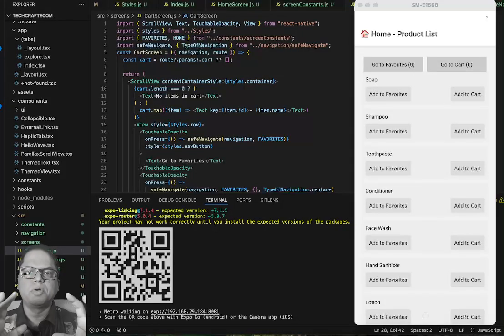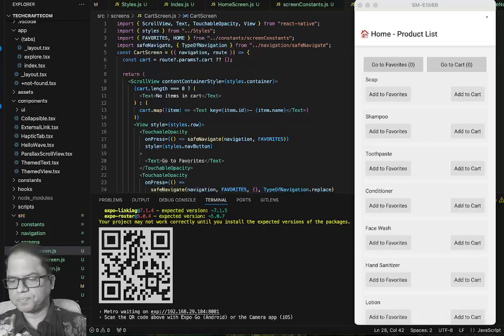Today we will learn about global state management. So what is global state and why do we need global state? We know